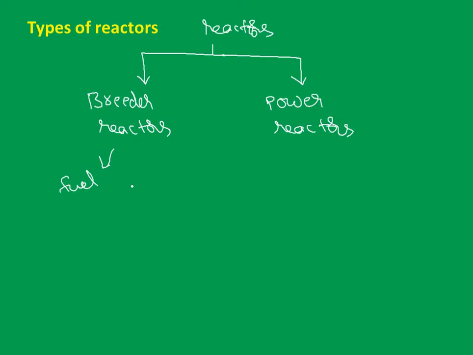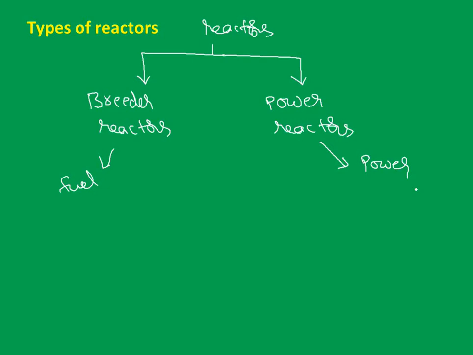While in the case of power reactors, the name itself speaks about that. Power reactors are the reactors which are used for power generation. Just like the typical model we have seen, these reactors have elaborate cooling systems which use water. A large amount of heat will be generated, so this water absorbs the heat and produces steam, and the steam is in turn used to run the steam turbines, which ultimately generate the electric power. Those reactors are called power reactors. Are we clear with this?